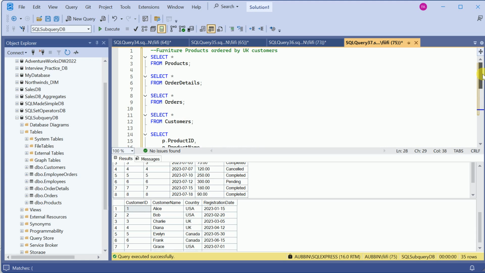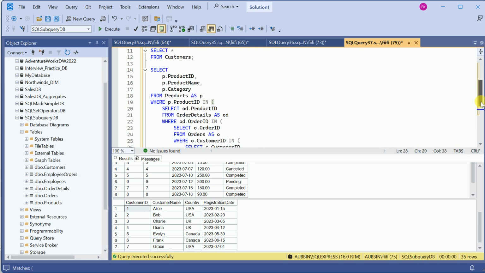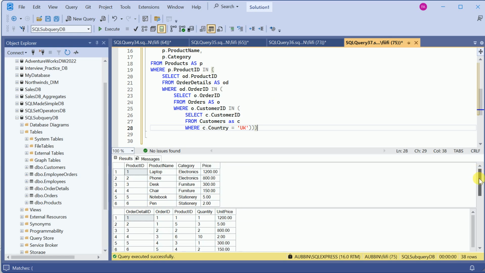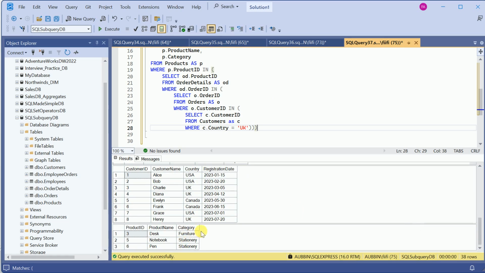We are looking for furniture product ordered by UK customers. So this will give us the list of customers for UK. Okay, boom. So what do we get? So furniture, stationery, but we only want furniture product. So this is where we add the end condition